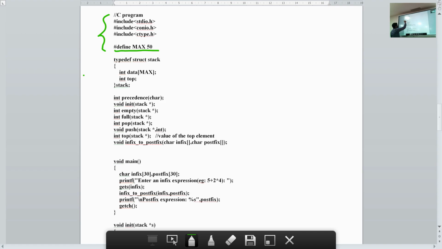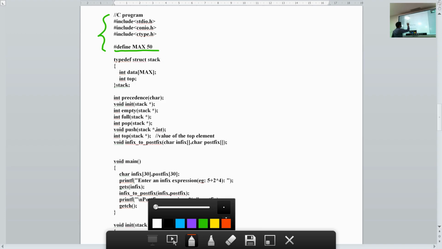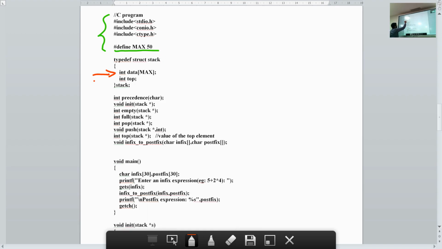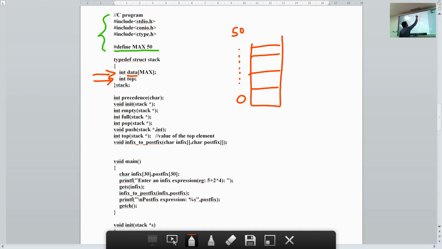Then I define here the structure needed for the stack. Your structure of the stack has two members, the data array. So your stack will be represented by an array. Name of that array is data. It will start at index 0, go all the way to 50.